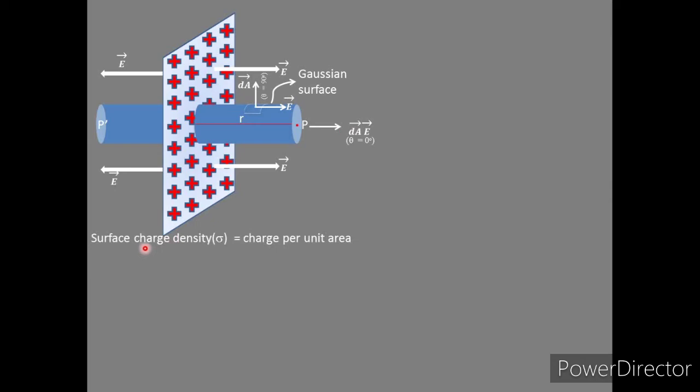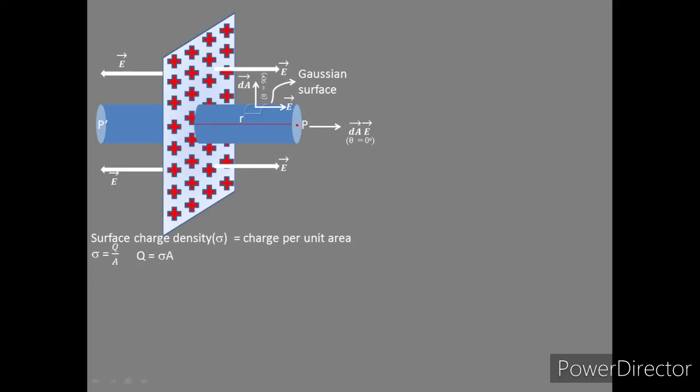charges per unit area. So that is represented as sigma. So what is the total charge given for 1 unit? That is called charge per unit area. Because of the infinite charge sheet, we cannot calculate for infinity. So I am going to consider charge per unit area. That is, sigma is equal to Q by A, and Q will be equal to sigma A. Okay, hereafter Q has the value sigma A.